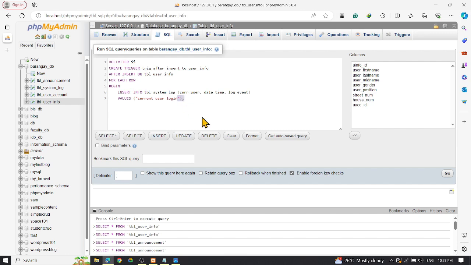So then separated with comma. So the date and time, let's call it now, signifying the date today, and then the next one is log event. This is from what? User info. So let's call this,